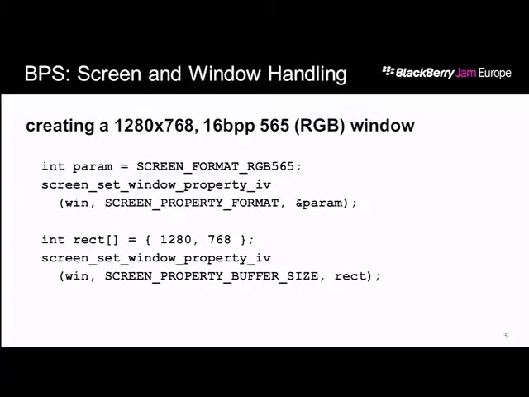So creating a window is basically the size of the Dev Alpha, 1280 by 768. You would specify what type of screen format you want. If you're doing 16-bit games or 32-bit, you would do RGB 888. You set the property of the format, and then you can request the window to be a certain size. As I said, for MS-DOS, you do a 320 by 240 if you're doing Mode C stuff.